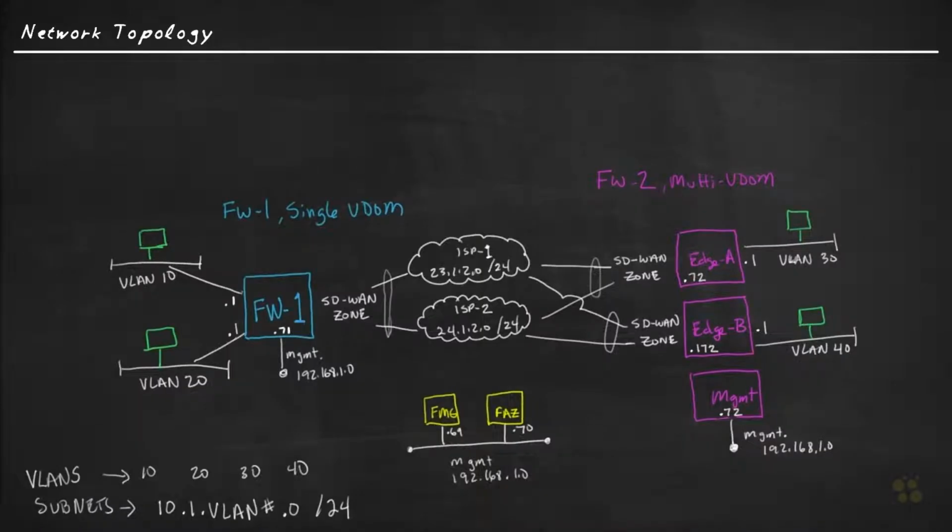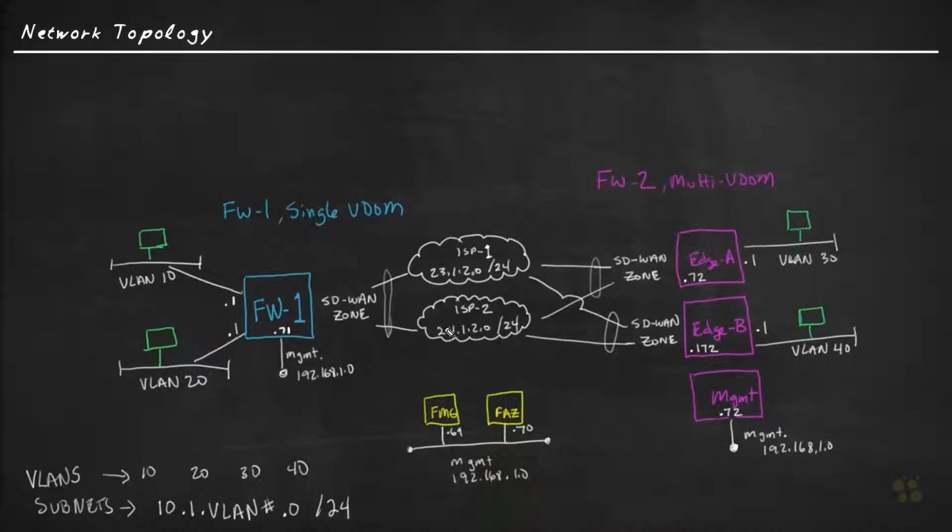And just as a heads up of what I hope to be there, my intention is that Firewall 1 has two interfaces that are being used as part of the SD-WAN zone here. It's got an interface associated with it that we're using for management of this device. We're going to manage it at .71. Also on the SD-WAN zone, its interface IP addresses are going to end in .71 on the 23.1.2 and 24.1.2